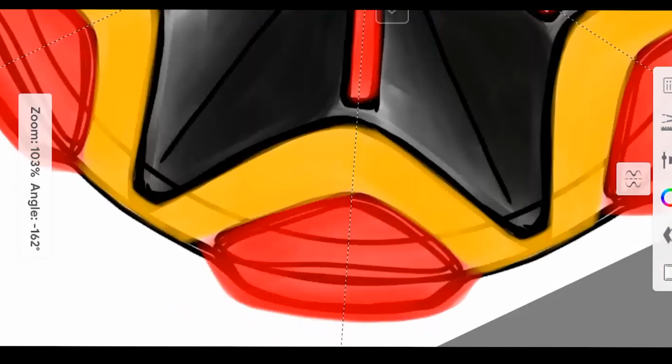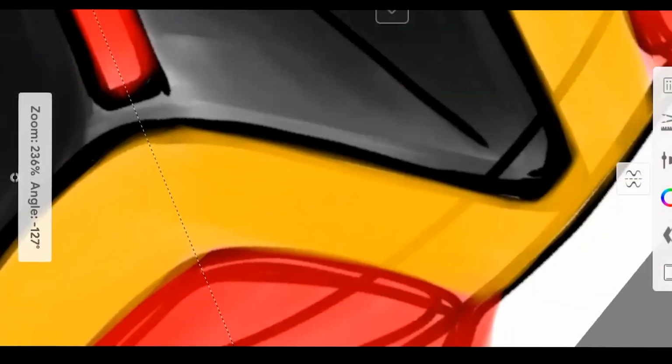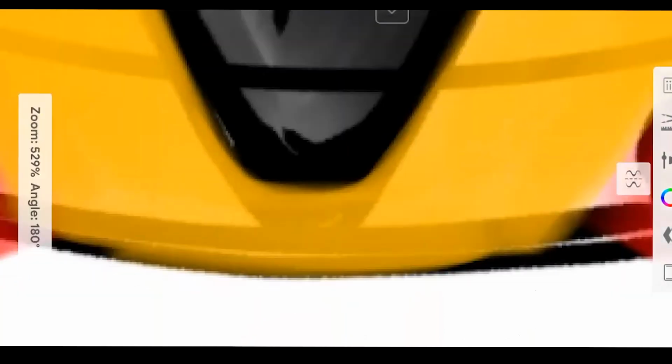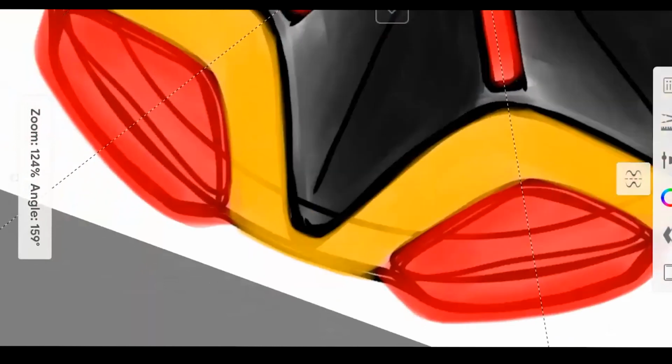Those fans on the Ferrari rims increase downforce, and they also help to cool the brakes. Yeah, man, I love those kind of rims. They should come up with something innovative.